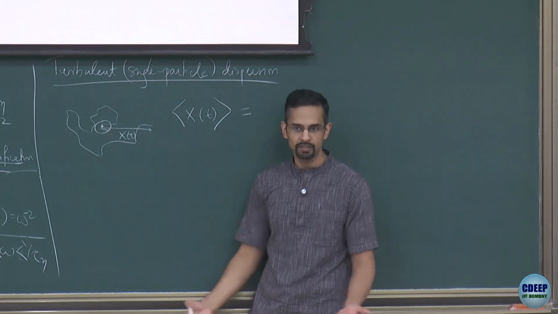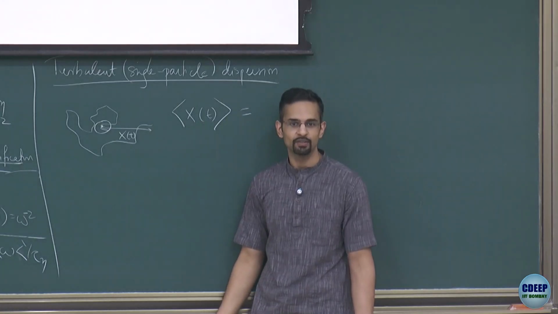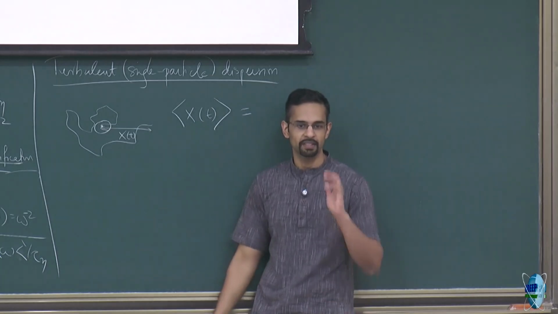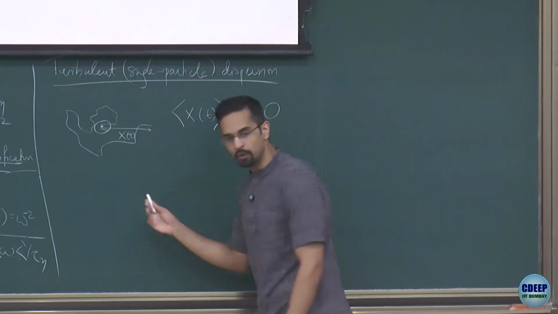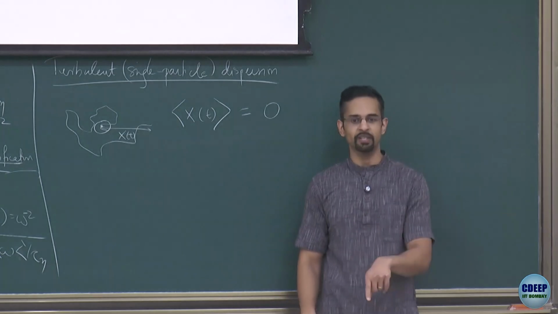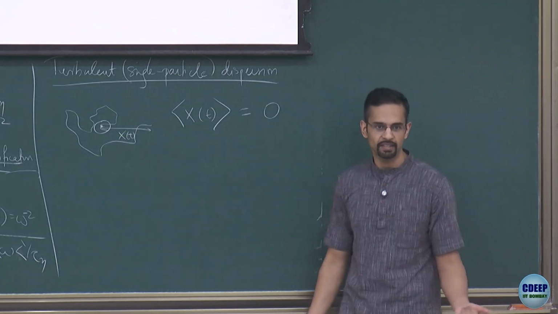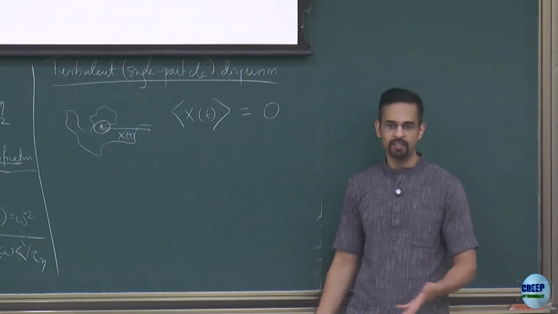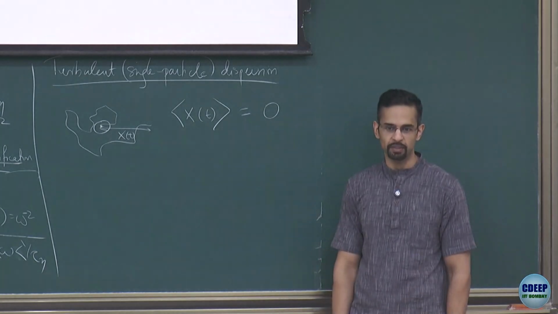The flow is isotropic, right? That means any direction is equally likely. So if I keep repeating the experiment and I keep getting displacements in different directions, what will the mean be? 0, right? It's just like the argument for random walk. Okay, so in fact, the whole point is that if you just follow a particle in a background flow field and look at the particle only, you will see it doing something like a random walk. Right? So we'll come back to that in more detail, but the first property of the random walk it will mimic is that its mean will be 0, just because the flow is isotropic.